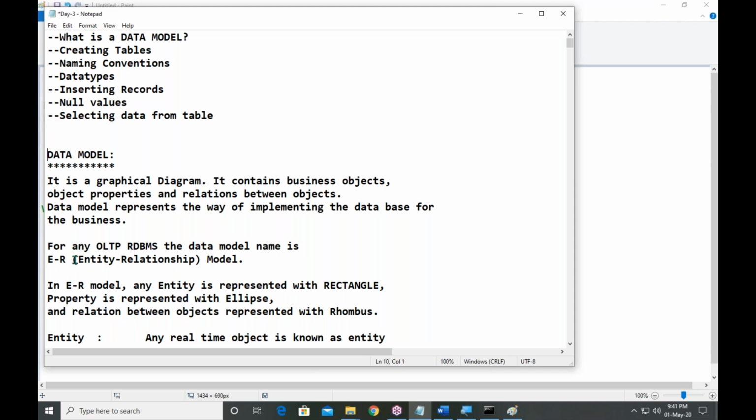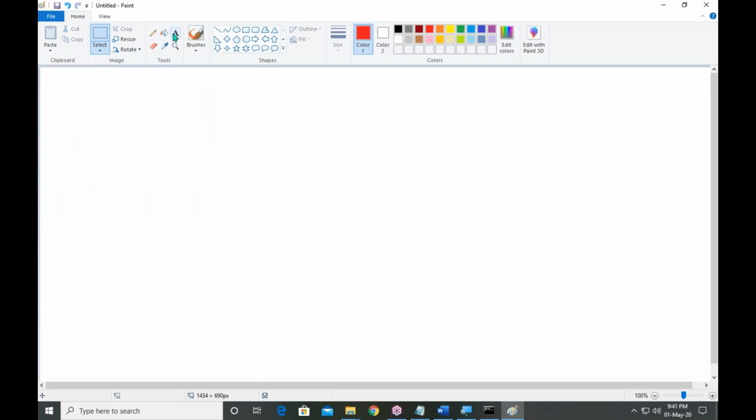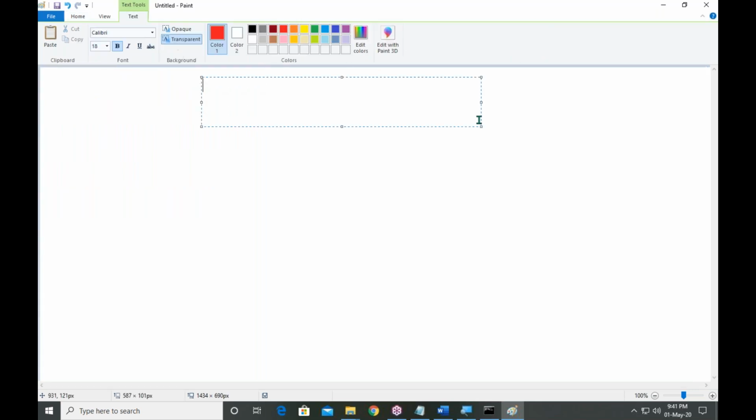What is ER? Entity relationship model. That ER model we are discussing right now. Let me discuss the ER model.